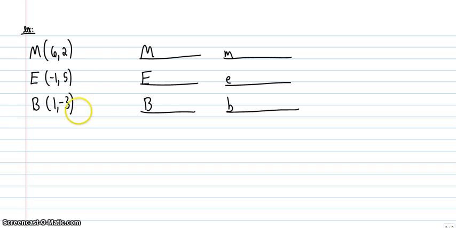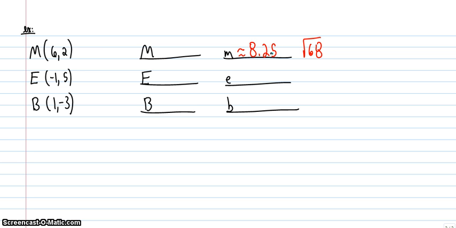You can plot these points if you like, but you don't have to. Most important thing is to use the distance formula to find the lengths of these three little sides. To find little m, that's the distance between E and B. So use the distance formula. This comes out to the square root of 68, and that is approximately